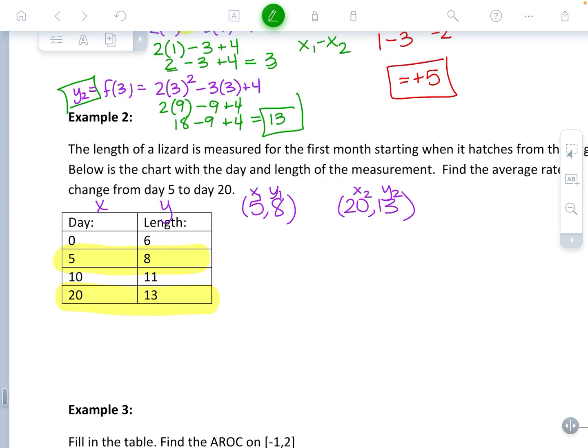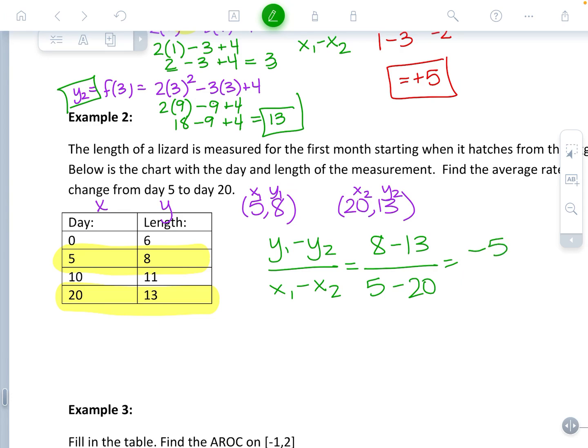All right, we have y1 minus y2 over x1 minus x2. And when I plug things in, I'm going to get 8 minus 13 all over 5 minus 20. Okay, 8 minus 13 is negative 5. 5 minus 20 is negative 15. A negative divided by a negative is a positive, and 5 divided by 15,